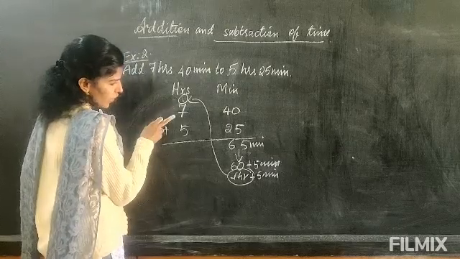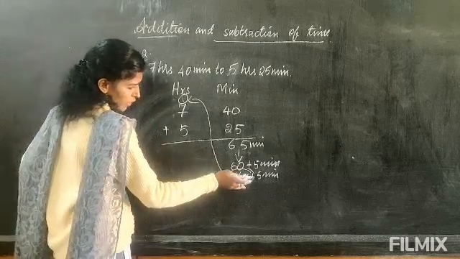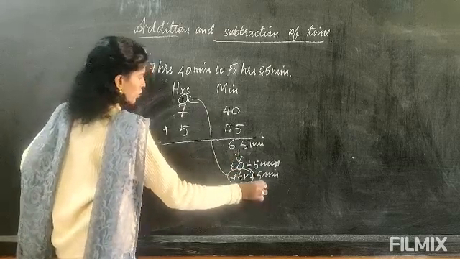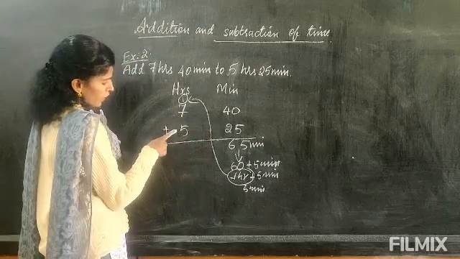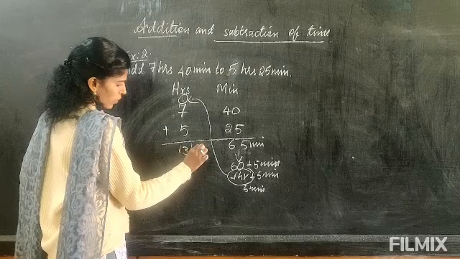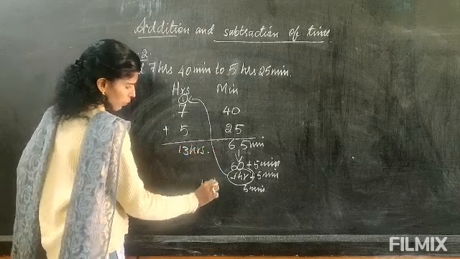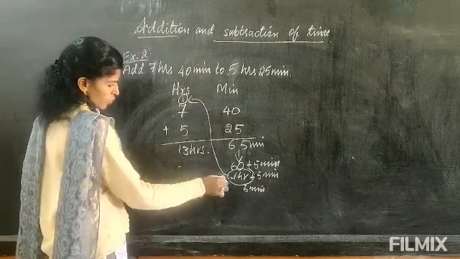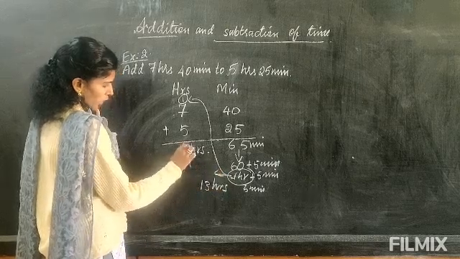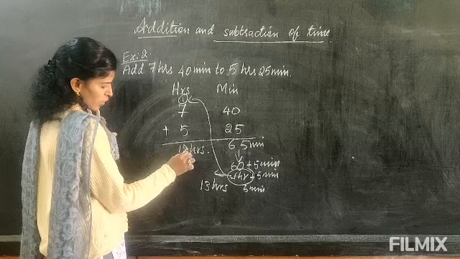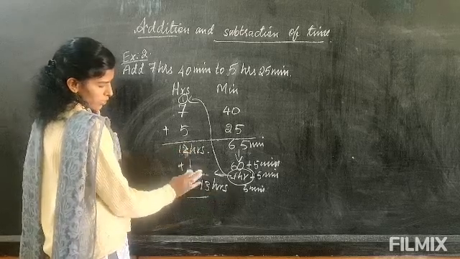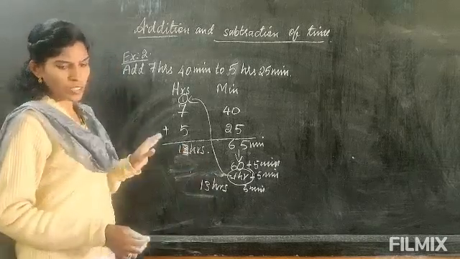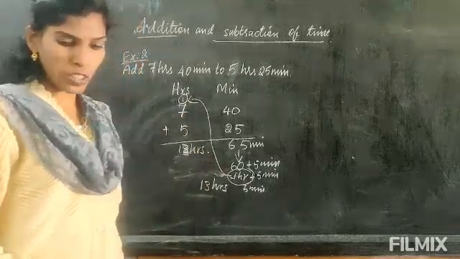So now after carrying, let us add it. Here only 5 minutes is there. This 1 hour we have carried now. Only 5 minutes is left here. So if you add 1 here, 7 plus 1, 8. 8 plus 5, 13. So 13 hours. So the answer is 13 hours 5 minutes. Otherwise, in some cases you can also write the carrying as plus 1 here. Actually here you will get 7 plus 5, 12, so 12 plus 1, 13. That way also you can write. It is up to you how you want to write, carrying or without carrying. Without carrying, you can write it down here. That way also you can write.